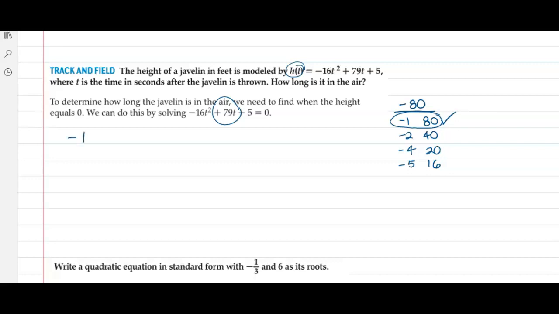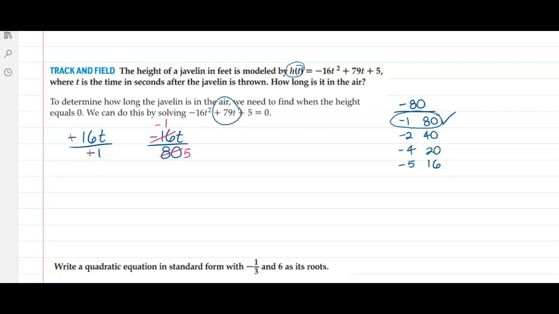So we're simply going to say negative 16t divided by negative 1, negative 16t divided by 80, and then we reduce. Right here, not much reduces except we can cancel the negatives. And right here, we're left with negative 1